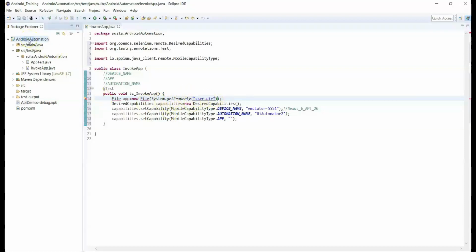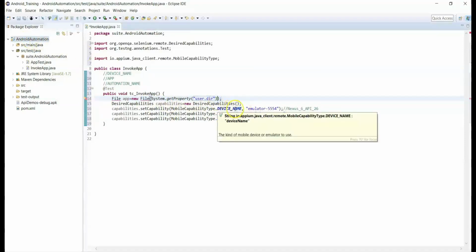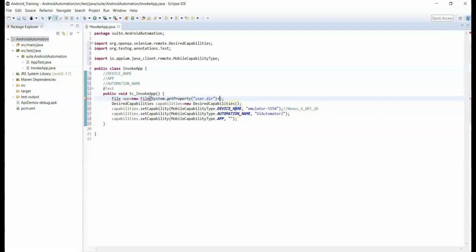So this project root path, plus concatenate the file name. This is a file name, right? API demos-debug.apk.